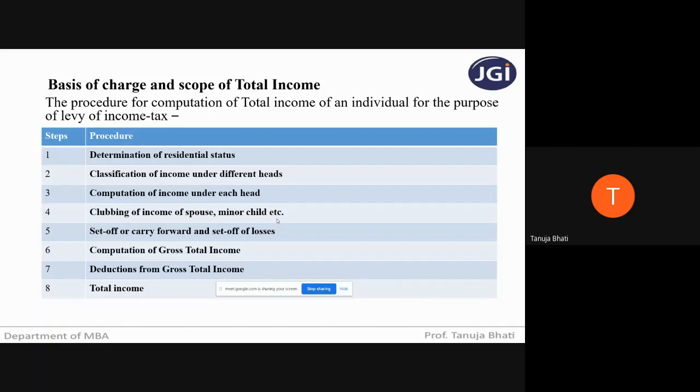So what some people will do, like I take my example, just as an example: suppose my income is increasing, and as it is increasing, I know I have to pay a tax rate of 30%. Otherwise, I'm liable to pay 20% if my income is a little less. So to avoid paying 30% tax, I will transfer some portion of my income to my husband, to my spouse, or to my children.